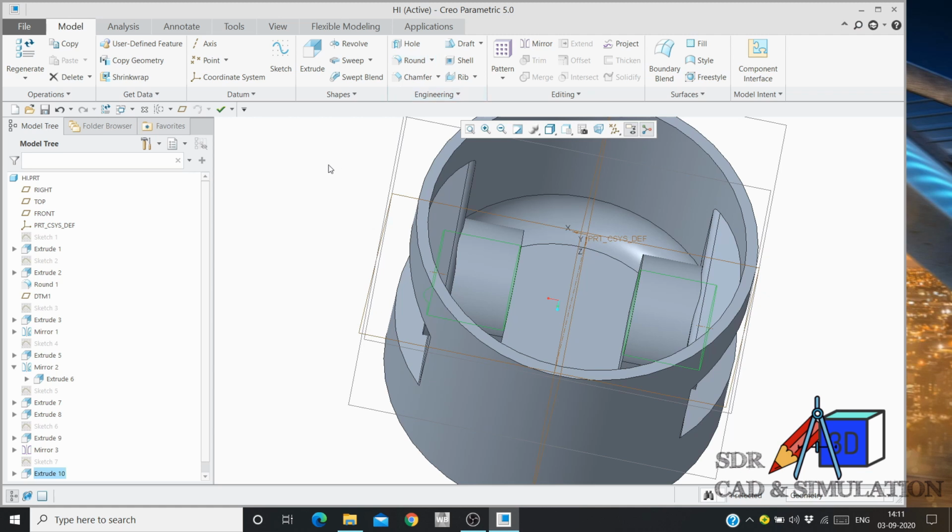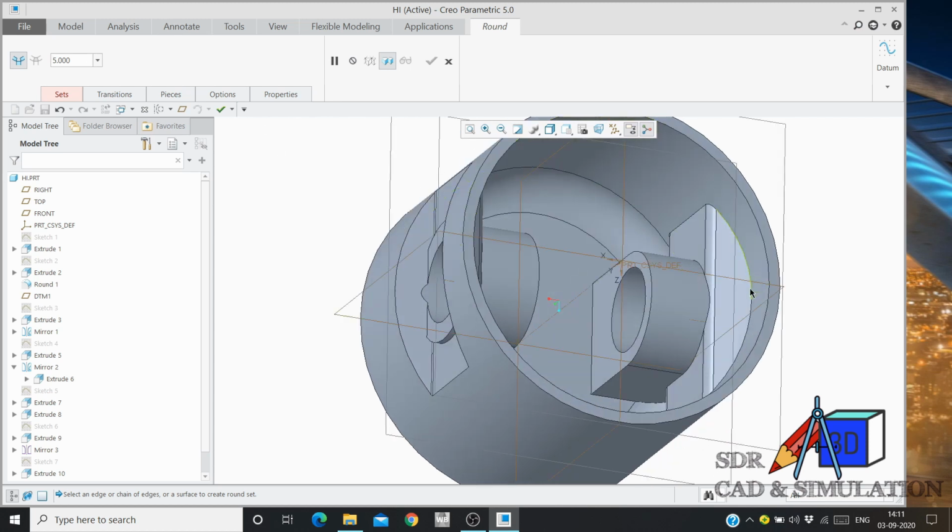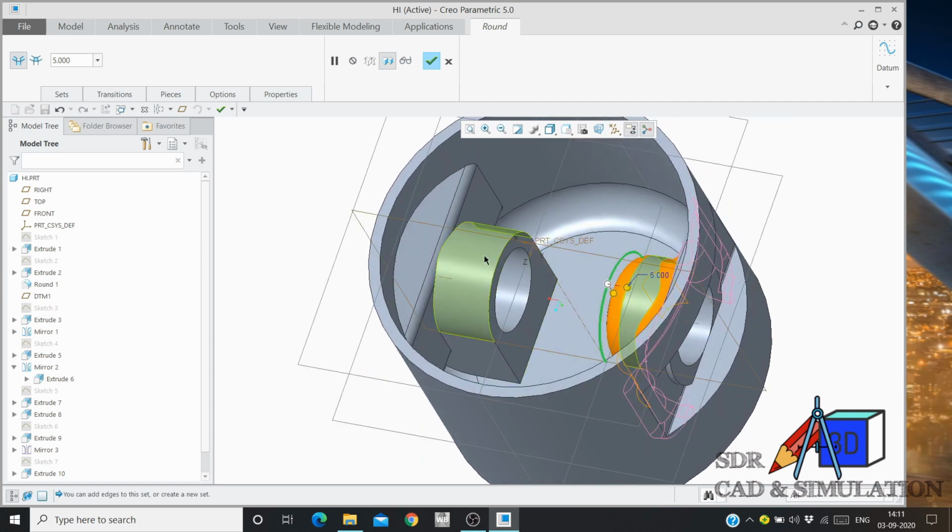Now we are going to fillet the inner sides. Go to the round tool, fillet radius is 5 mm. Select these multiple edges at once. If you selected the wrong edge, don't worry.